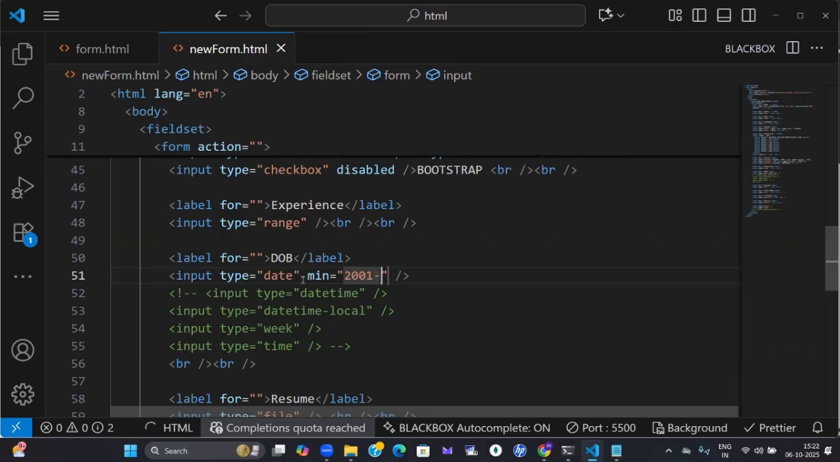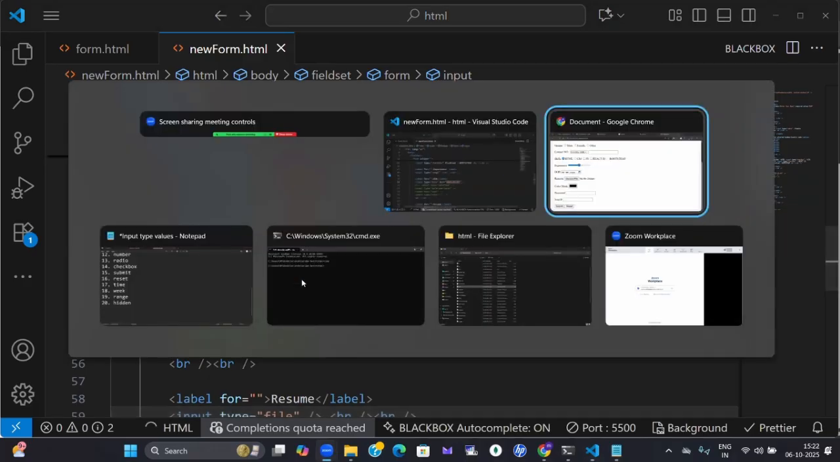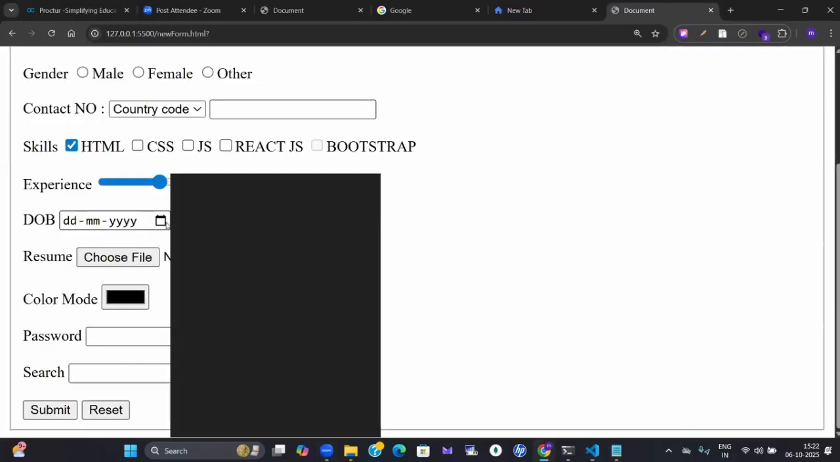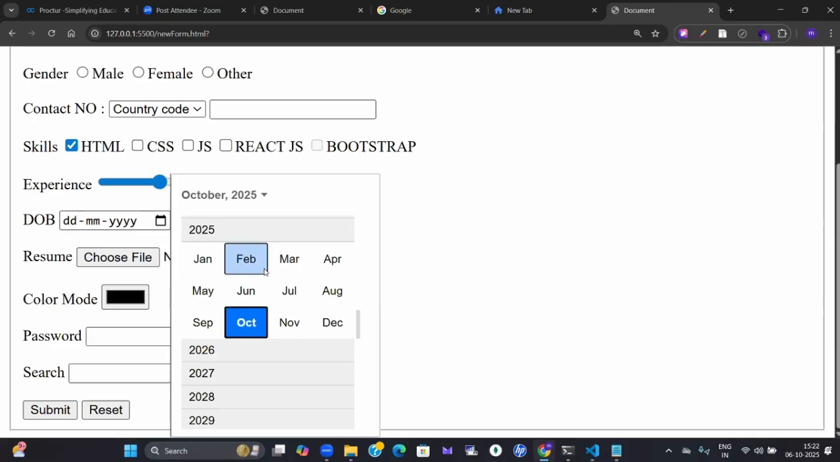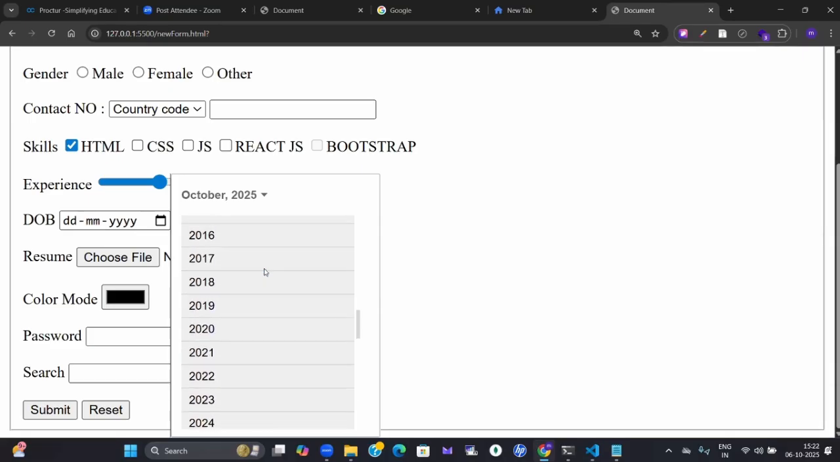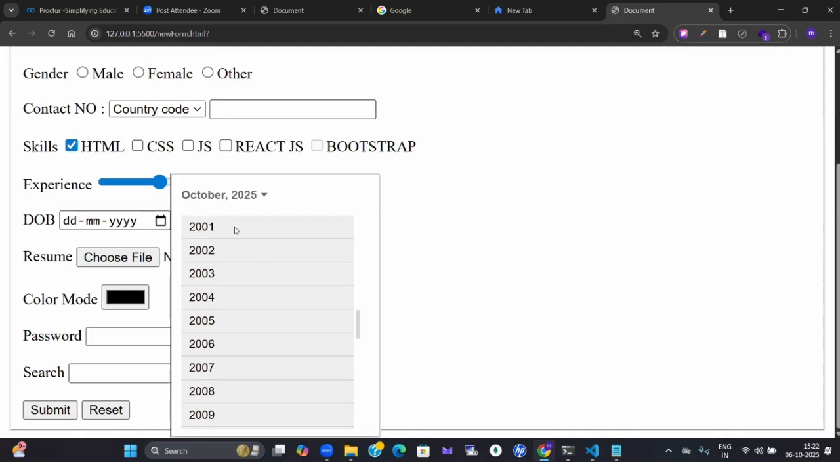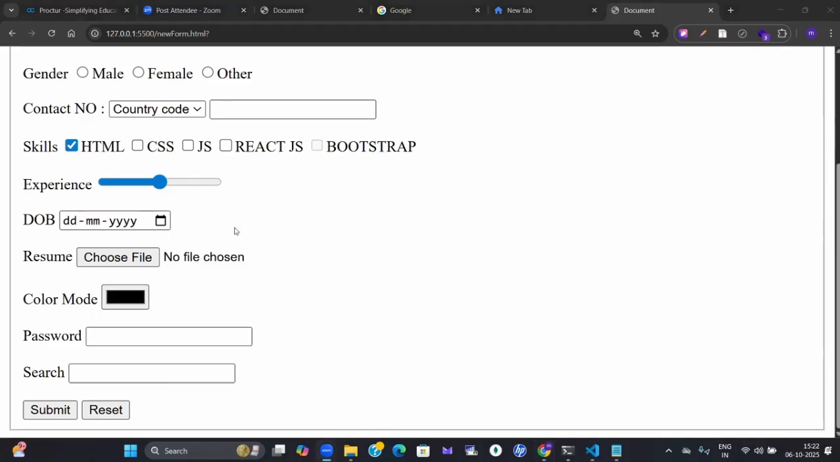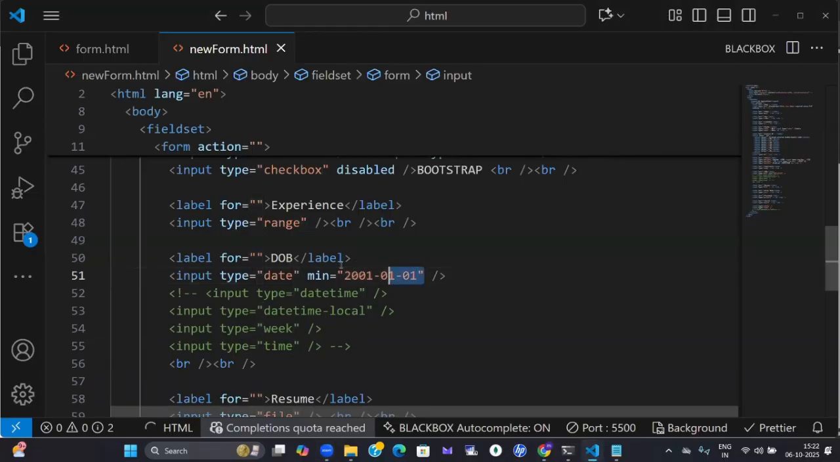Yeah. Slash 01 slash 01. This is the minimum. So minimum, if you can check here, date of birth, can close this one. 22, 25. See, after 2001 it is not going, right? But when I will remove this one,